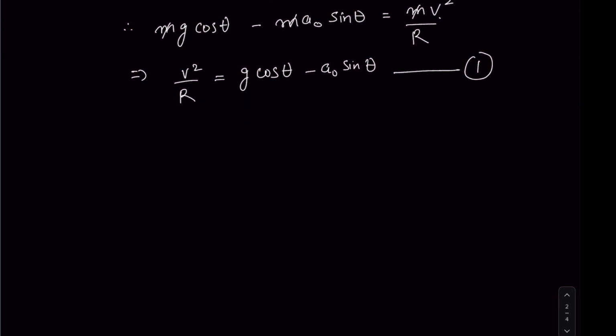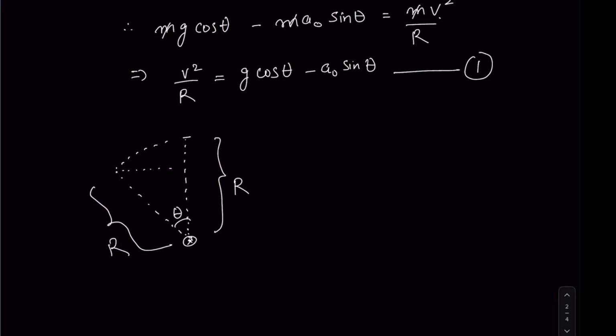Now let's look at the work energy equation for this particle in the same frame of reference, which is the sphere. So if this is the motion, this is the center of the sphere, this is the angle theta, we have this as the radius and this as the radius r. Particle is here now. The basic concept is that the change in kinetic energy equals total work done on the